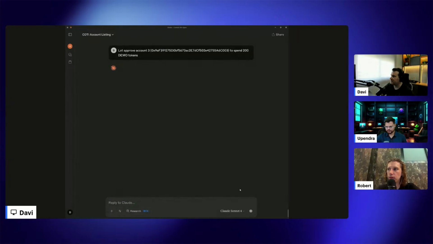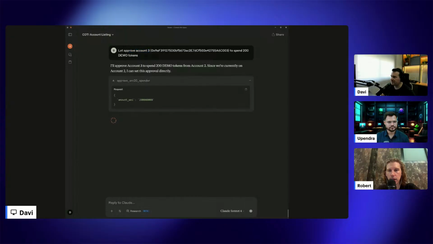Let's do it again. When you start playing with multiple accounts, you get confused handling all of them. But let's see. I will approve account 3 to spend 200 demo tokens from account 2, since we are currently on account 2. Okay.